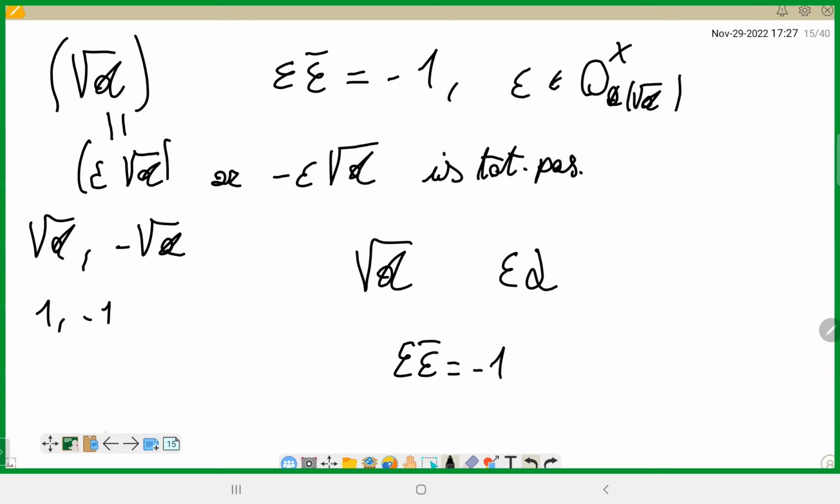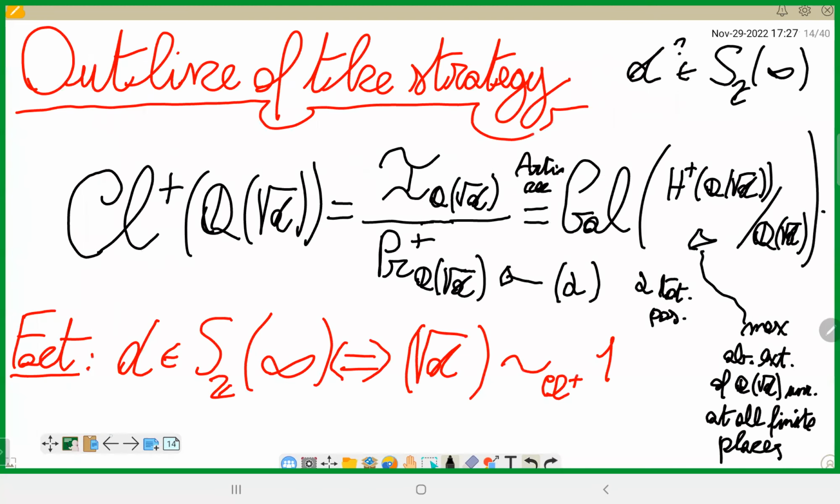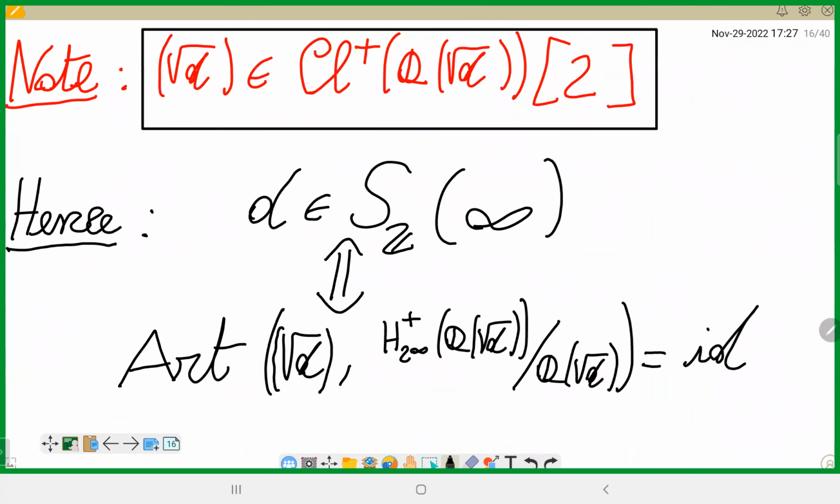And so you see that this simple fact is true, that an element D is in S to infinity. We can rephrase at least this by saying that the class of square root D is trivial in the narrow class group. All right, and now what is very important for us is that the narrow class group itself might be a bit too big, but we know that this class is not just any class; it's actually a two-torsion class,